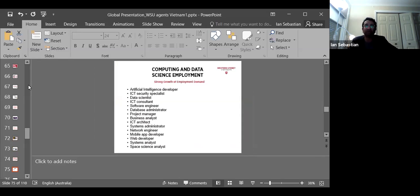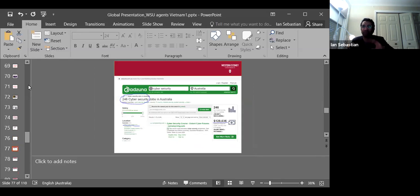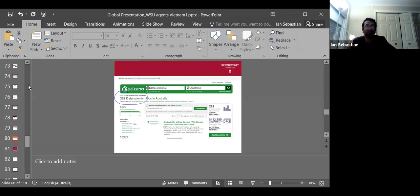So strong growth of employment demand around computing and data, in summary. I just put this up basically to showcase some of the opportunities in terms of jobs, because I've been doing a future employment opportunities study in Australia. As I say, if you can see it clearly, it's 246 jobs at the moment in Australia, and a lot of them are coming around New South Wales, which is basically, as I mentioned, your business hub in Sydney. So New South Wales generally takes a big portion of opportunities for work, and as you can see, this is just some of the median salary and also the number of jobs that are offered in Australia for these kinds of